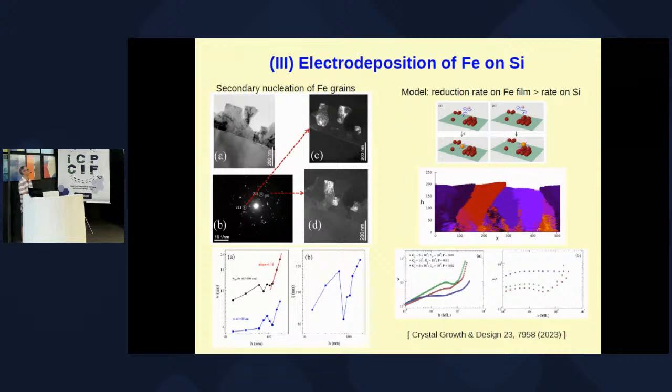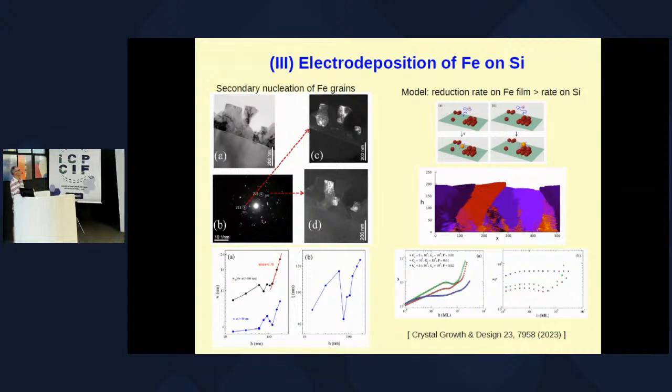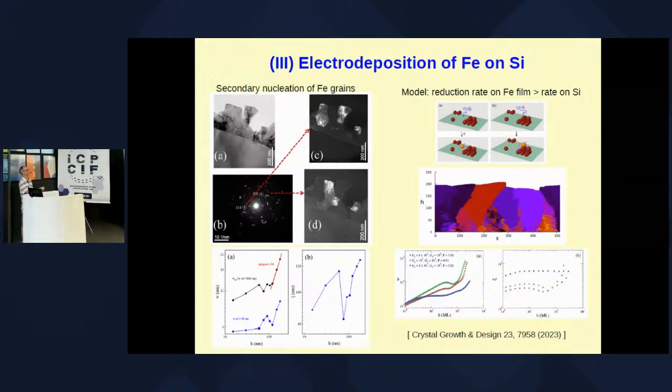here is the roughness as a function of time, and here is the lateral correlation length as a function not of time, but of the thickness of the film. The roughness increases, has a plateau, and then begins to rapidly increase at thicknesses larger than 100 nanometers. And the correlation length increases, then has a strong drop at some point, which is identified as nearly the thickness in which the secondary nucleation appears, and then it grows again.